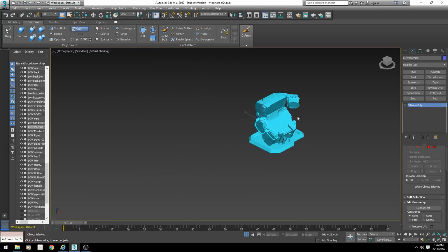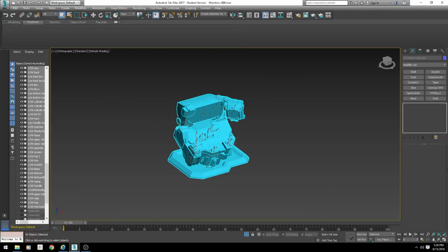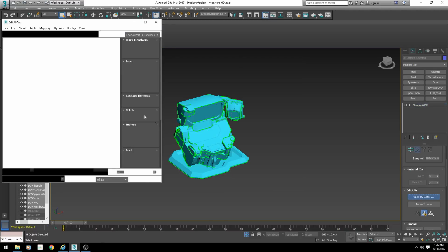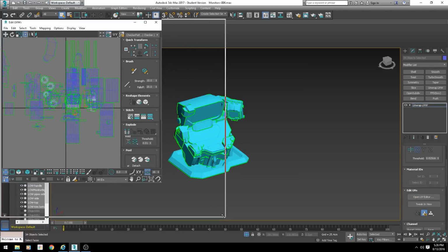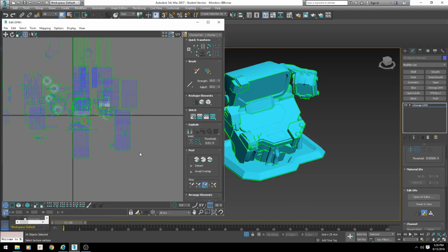Okay, back to the task. So select all your stuff, throw an unwrap modifier on there, and open it in your UV editor. Again, it looks like mayhem. Totally okay. First thing you're going to do, which is a little intensive if you have a lot of objects but should be okay,